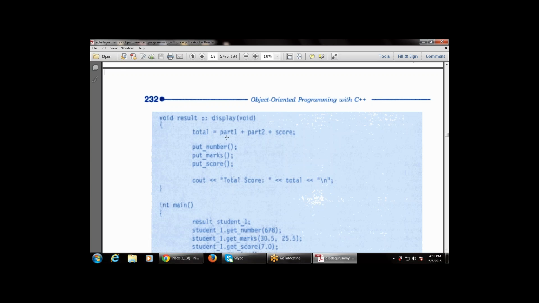Then there is int main, the starting of the main function. It is the bottom-up approach, that's why it starts at the bottom, with int main. Then there is result, and the name of the object is student1. Then use the member functions with the help of the dot operator, like student1 dot get number. First of all, the roll number will be assigned to the student by get number, that is 678. Then student1 get marks,